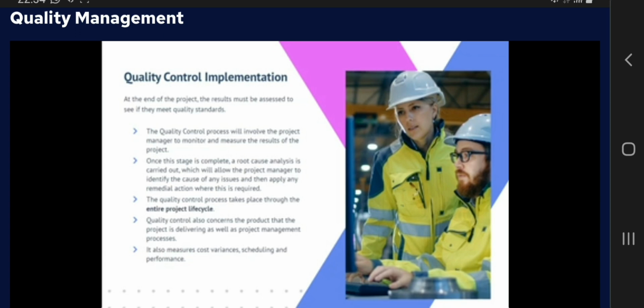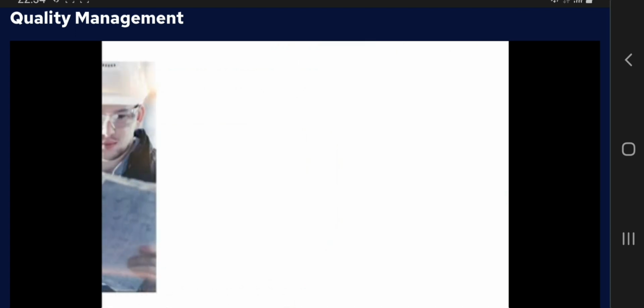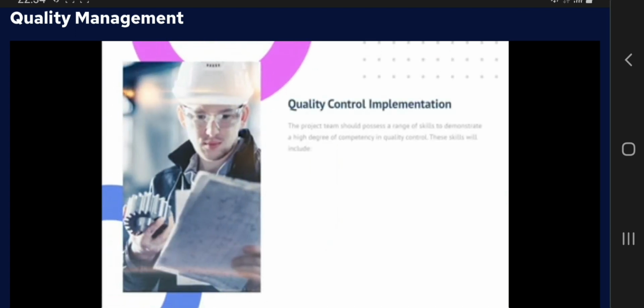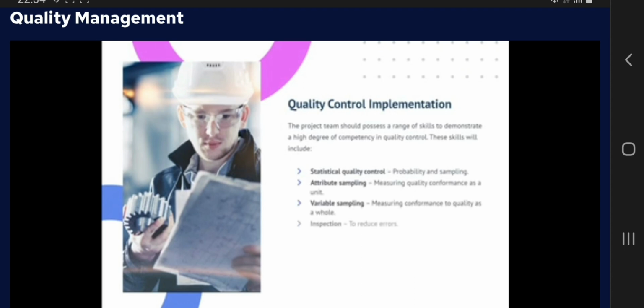Quality control also concerns the product that the project is delivering as well as project management processes. It also measures cost variances, scheduling and performance. The project team should possess a range of skills to demonstrate a high degree of competency in quality control. These skills will include